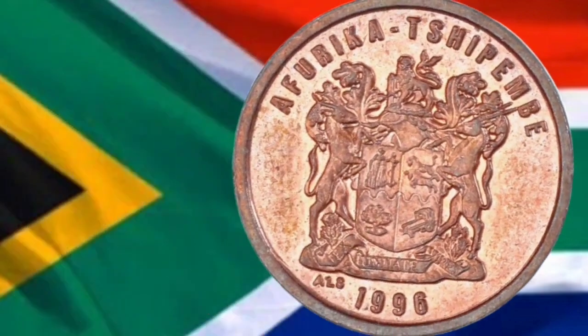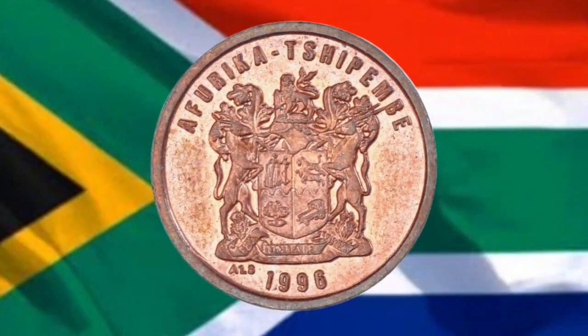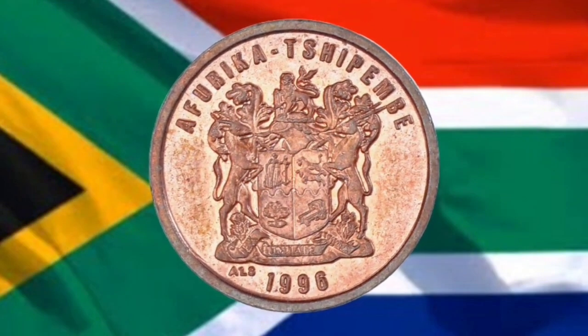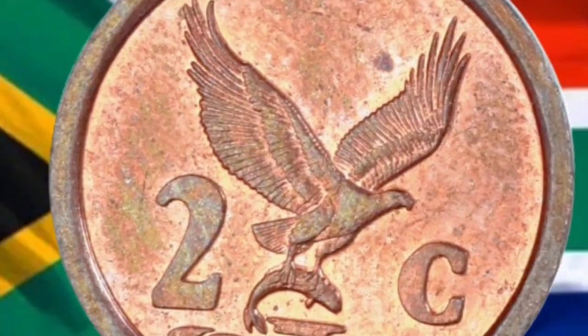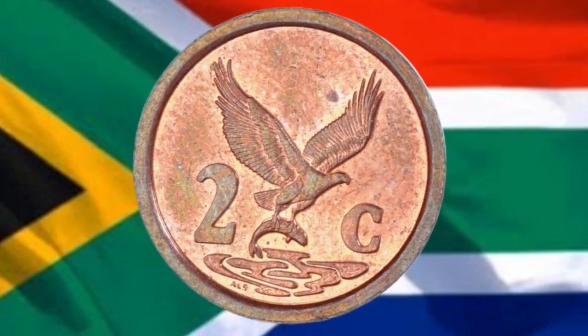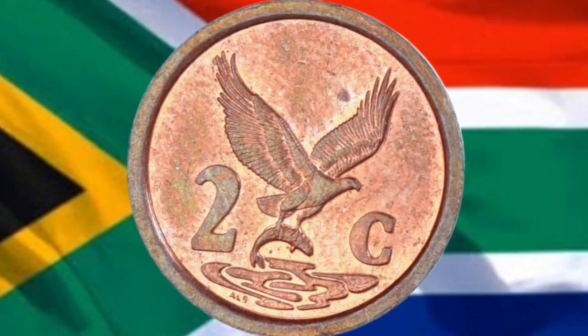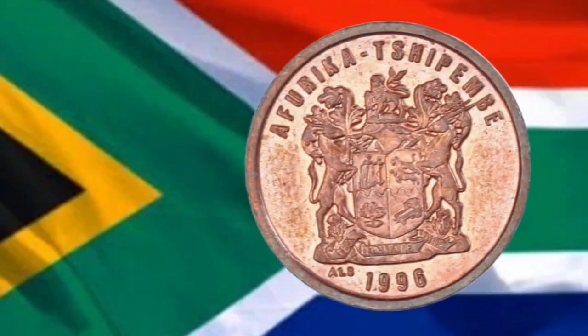realized its future significance. On the obverse side of the 1996 2-cent coin, you'll see the national coat of arms of South Africa at the time. This design includes traditional symbols like the lion and spear, and it bears the country's name in one of its official languages. For the 1996 coin, the name South Africa is often found in Afrikaans or English, depending on the